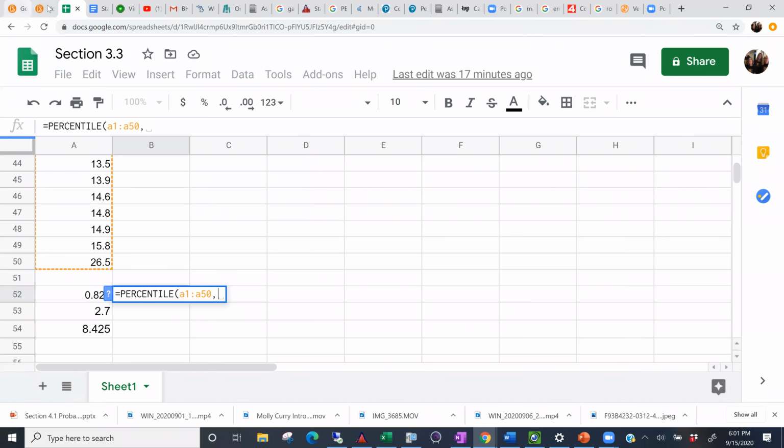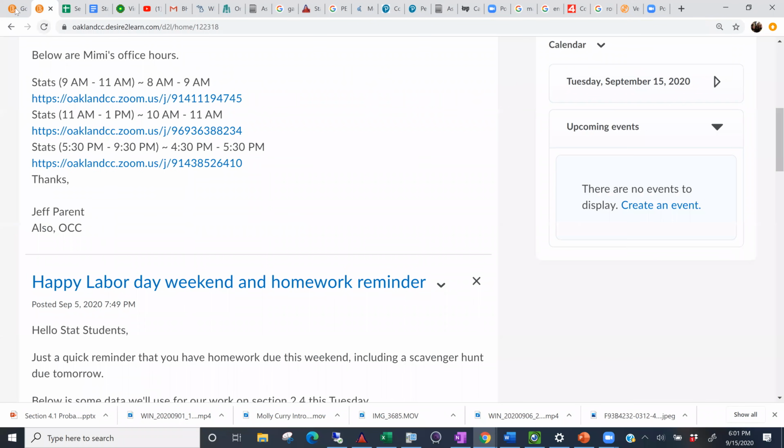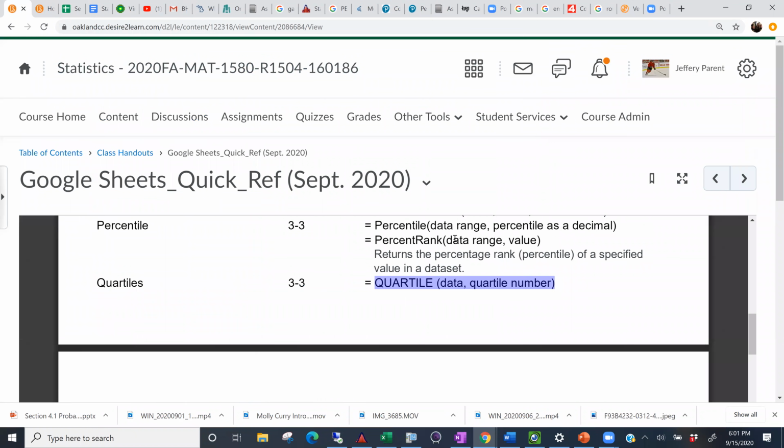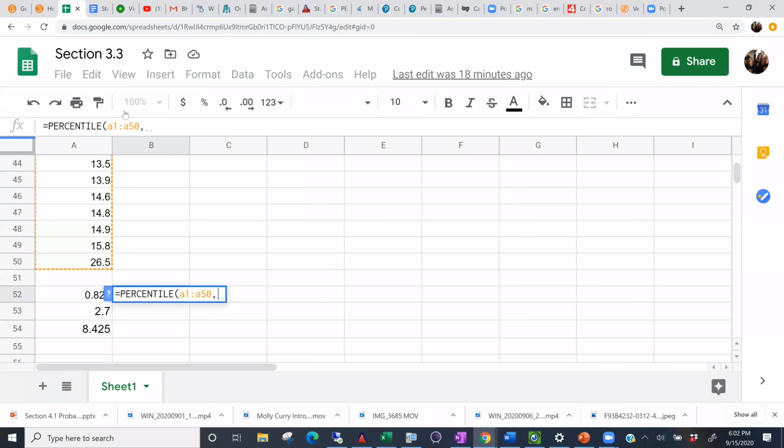And if you look at your Google Sheets handout, I redid this yesterday to include the fact that this has to be a percent as a decimal. So if I typed in 13 right now, Google Sheets is going to give me an error. It's not going to like it. It's going to say, well, no,